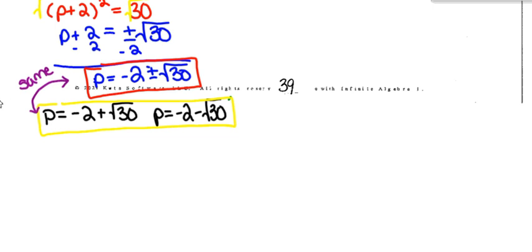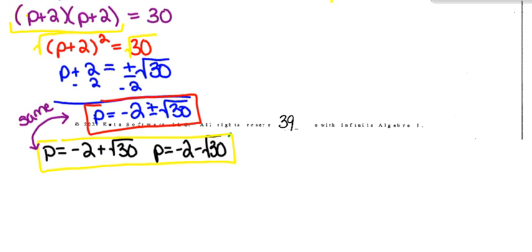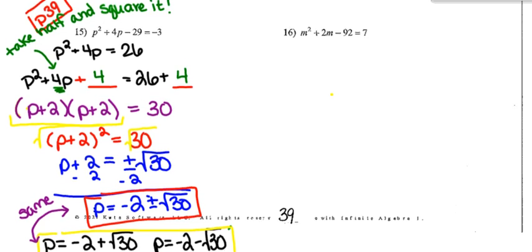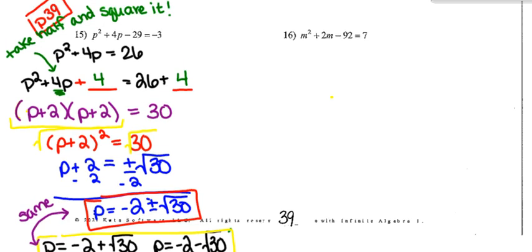All right. The second example that I want to take a look at with you is also on page 39. And the directions for this also say solve by completing the square. So again, I'm going to start this out by putting all of the terms with the variable on the left side, all of the terms with the constant on the right side. So I end up with m squared plus 2m equals, when I add 92 to both sides,